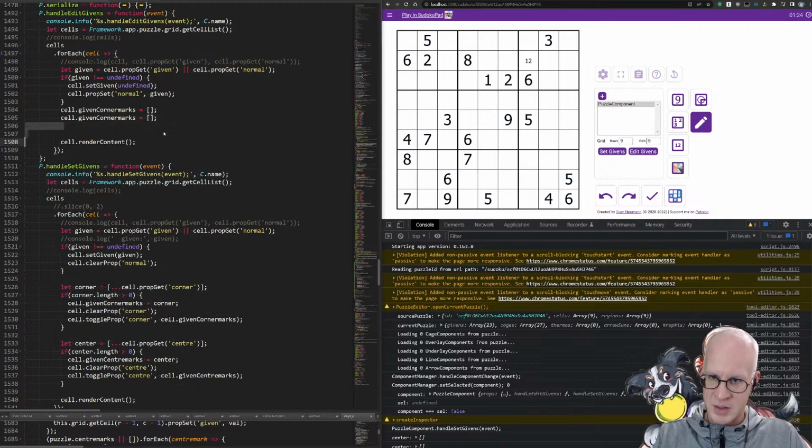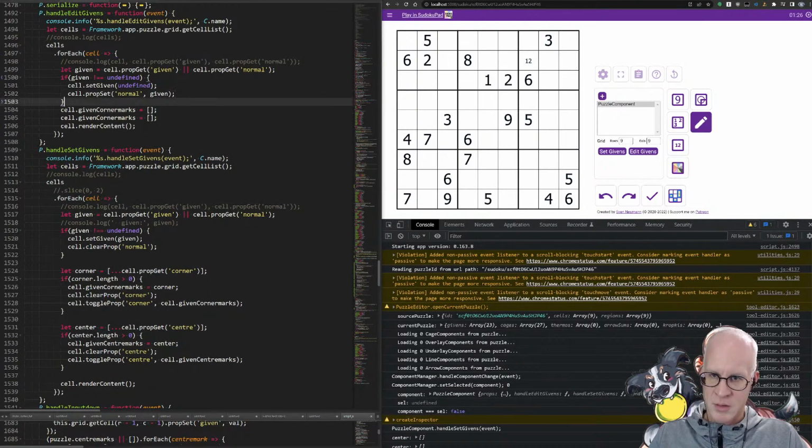So that should actually do the trick. Set given undefined, prop set normal given. If given is undefined,